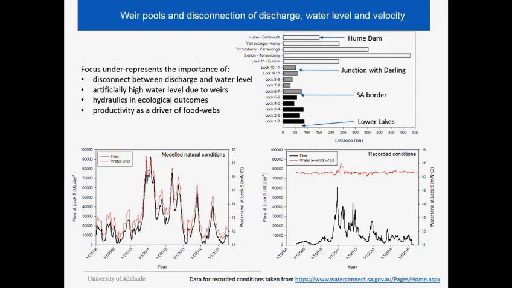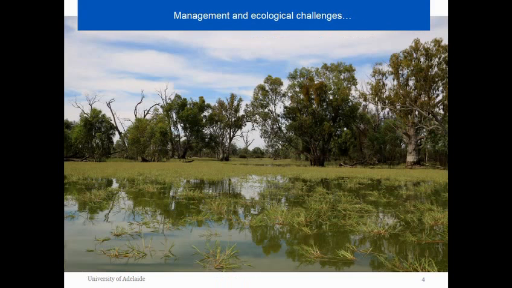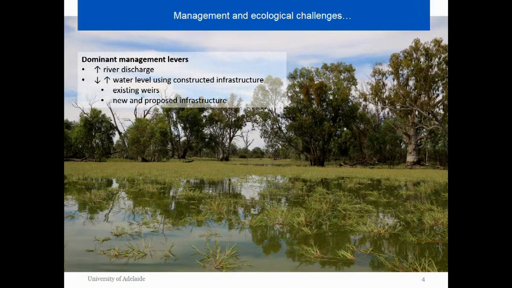And this focus on reinstating discharge overlooks this disconnection, or downplays the role of the disconnection, the role of hydraulics in ecological outcomes, and the role of productivity as a driver of ecological outcomes for high trophic levels. So what are the dominant management levers that are available? So they are